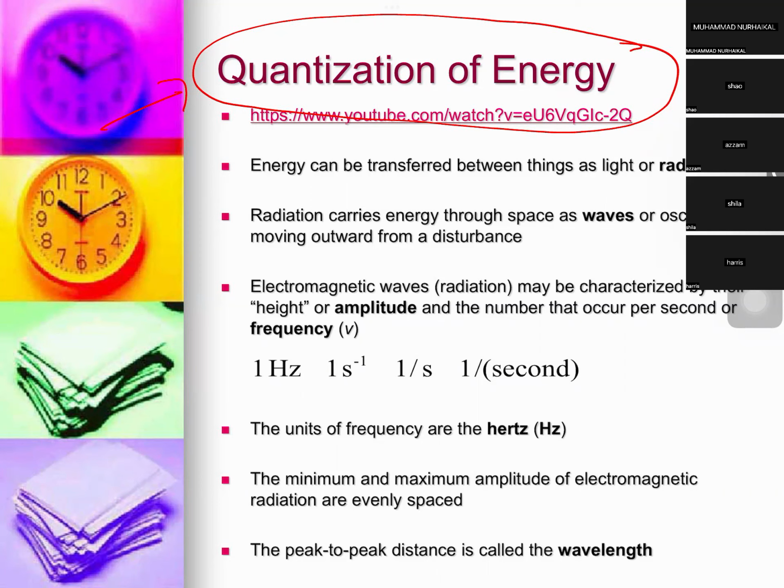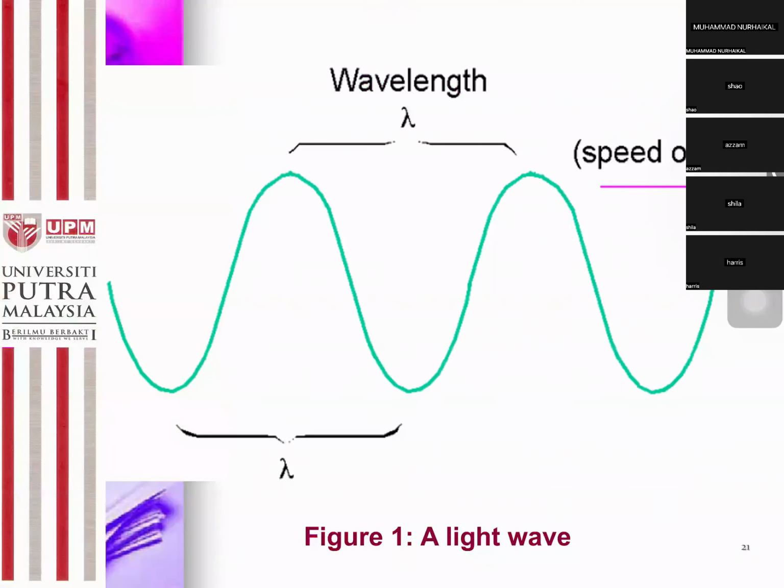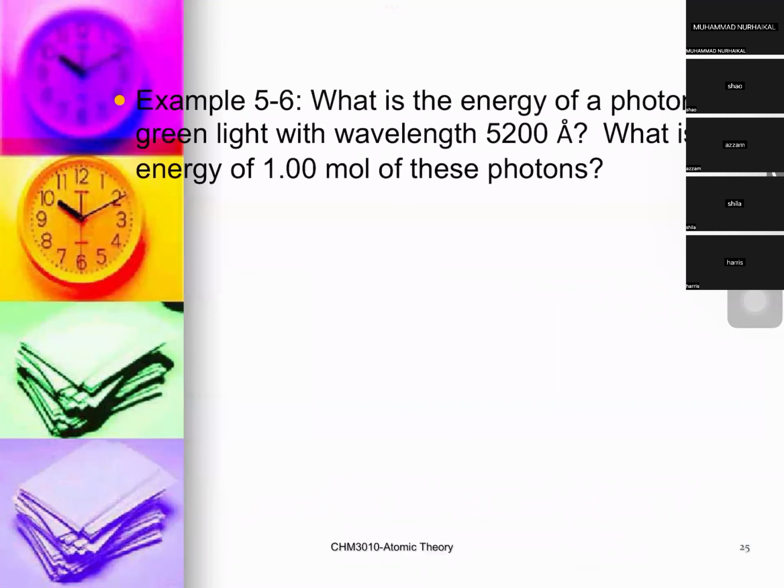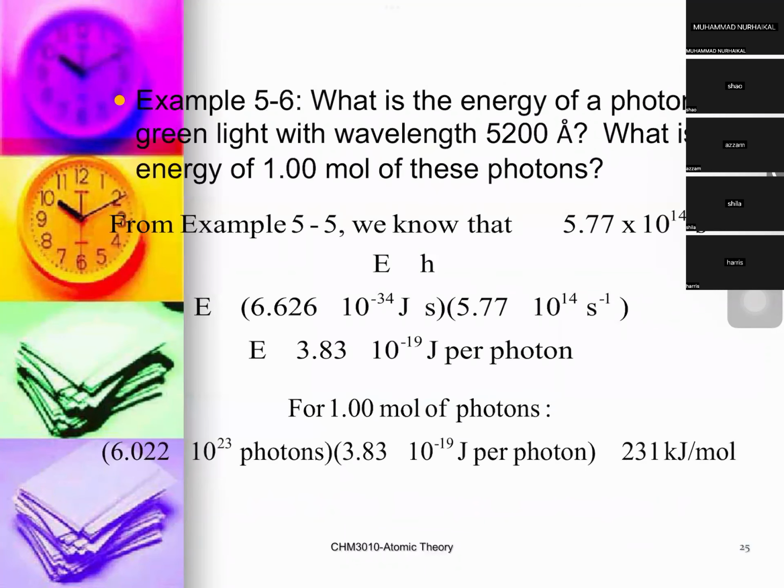I see Azam here. Azam, can you tell us what you understand about photon or quantization of energy? Okay, yeah, Azam, yes, please. Photon emit, it goes down and it goes up. Goes down and up. It emits with what? I don't remember. It's okay. Whatever that you can remember. Okay.